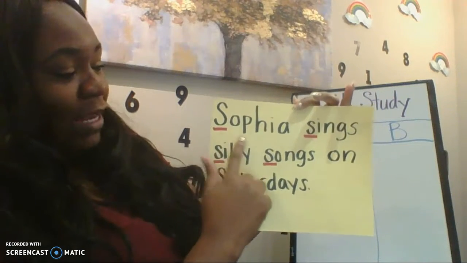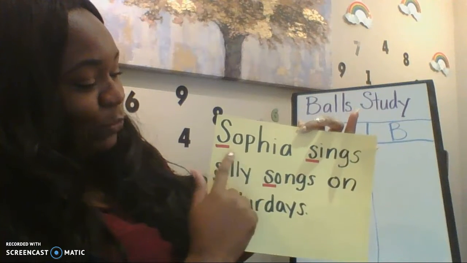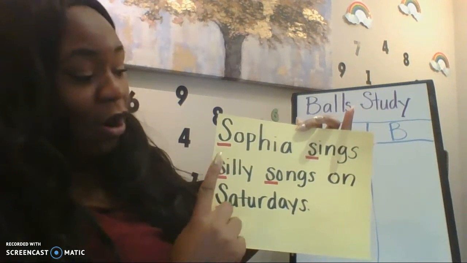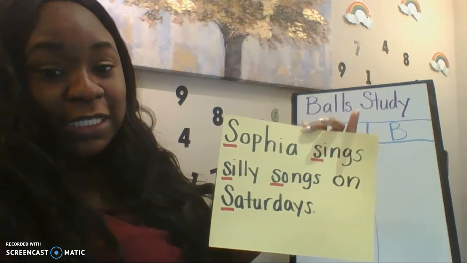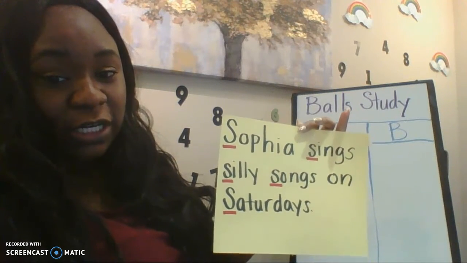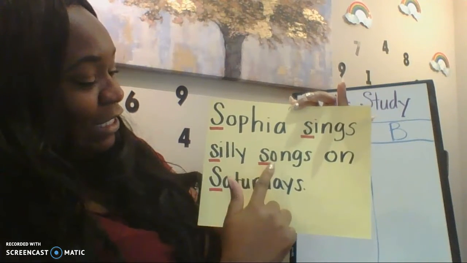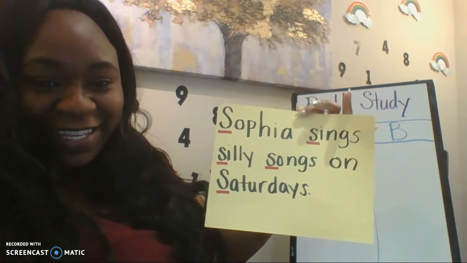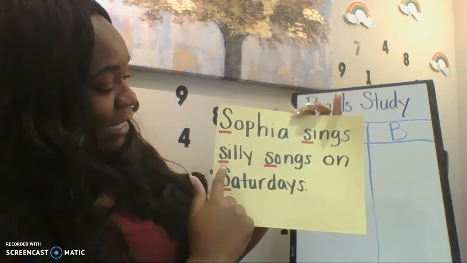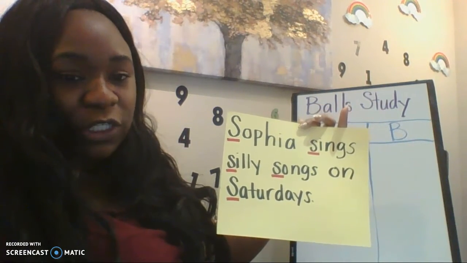So, do you recognize this name? Yes, that's Sophia's name. And Sophia's name begins with S, and S begins with the sound. So all of the words that are in this sentence begin with the sound. These are silly words. This is a silly sentence using alliteration. Okay, are you ready? So it says, Sophia sings silly songs on Saturdays. Isn't that a silly sentence? And they all, Sophia, the word sings, silly, songs, and Saturdays all begin with the same sound, which is